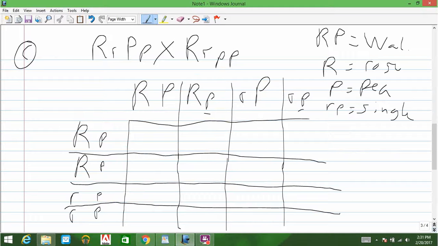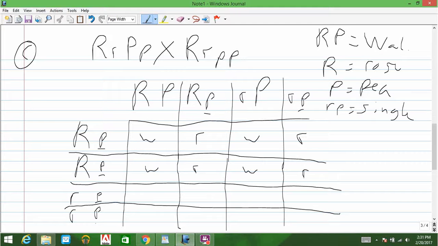Okay, and then this is part C. Just to make things a little bit easier, I put little lines under the small p's, just because it's kind of hard to tell the difference. All of these on the left here are small p's. So this is going to be walnut. This is going to be rose. This one's going to be walnut. This one's going to be rose. And then same thing on the next row: walnut, rose, walnut, rose.